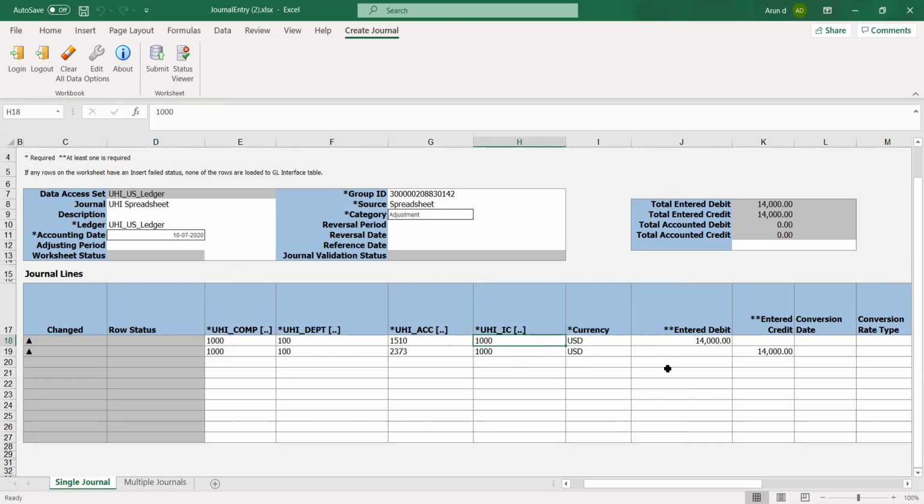Yes, correct. Because this will add balance in debit, which means this is in positive. For this account, if you see this is in credit, so this balance will be minus 14,000. So basically, you're trying to give two separate records here for us to see. Yes, correct. Okay, got it.